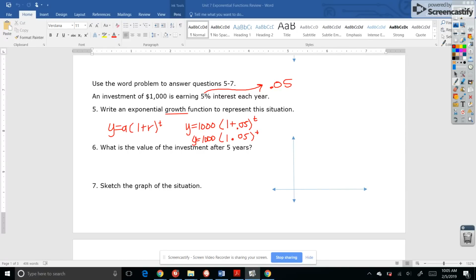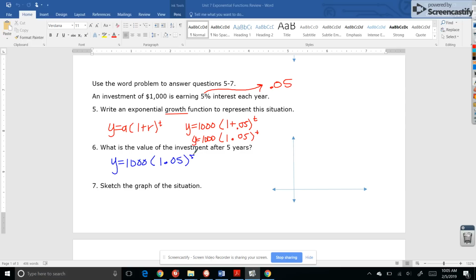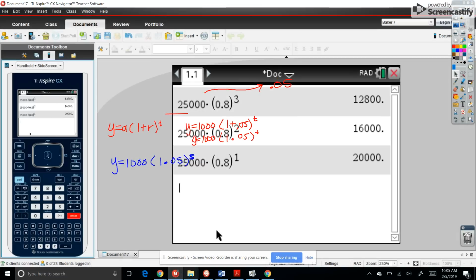What is the value of the investment after 5 years? So I'm just going to take my equation and plug in a 5. Again, going to my calculator, 1,000